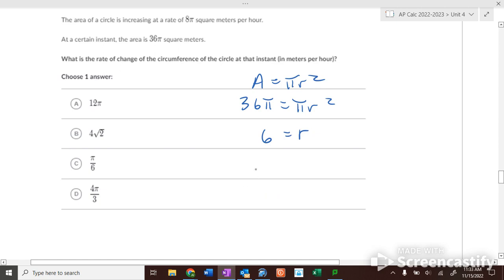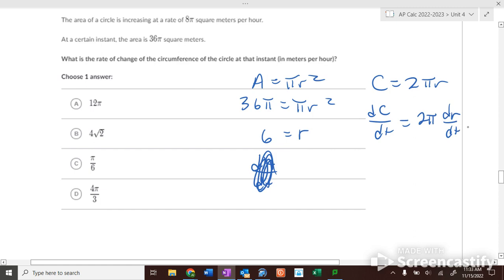So if we take the area formula and take the derivative of it, dA dt, we want to do the circumference, right? So the circumference formula is 2 pi r. So if we find the rate of change of circumference, dc dt equals 2 pi dr dt. Okay? So we have to find dr dt from this one. So dA dt